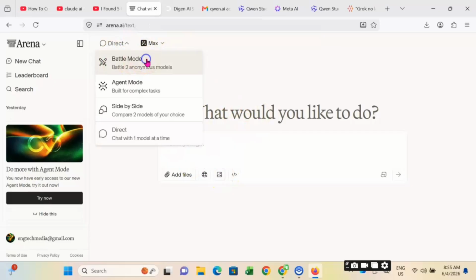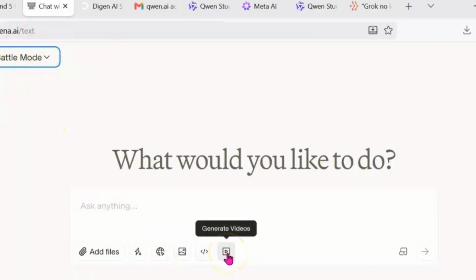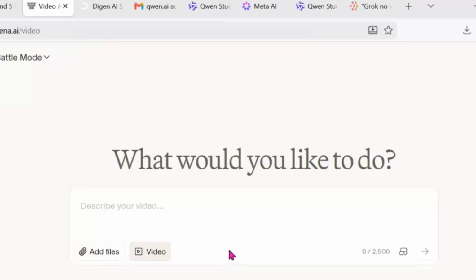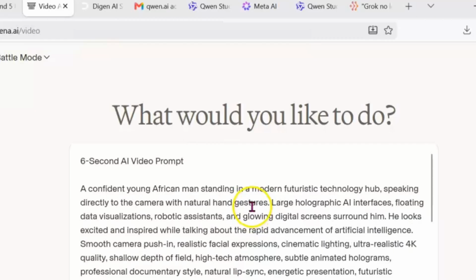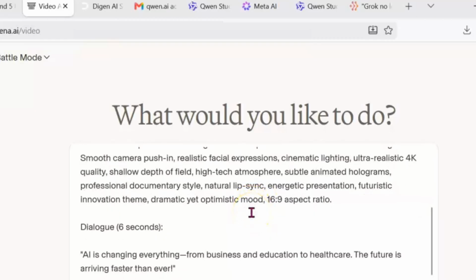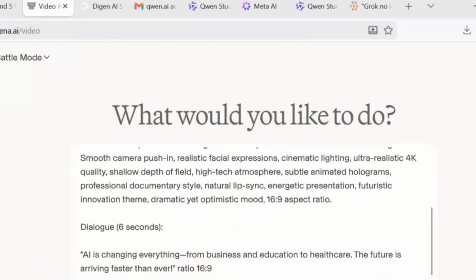But for this particular process, I'm going to use the same prompt across, to see what different AI apps and different platforms are able to create. I'll click on image to go to video and paste the same prompt I used before. Now here I'm going to indicate that it should be a 16:9 ratio. I didn't do that the first time, so that's why it gave us that kind of a landscape. That was 9:16. This is going to be a 16:9 landscape